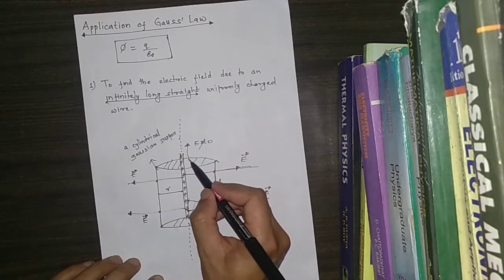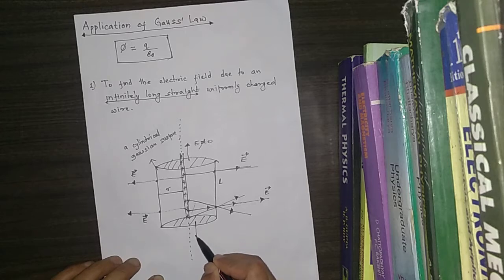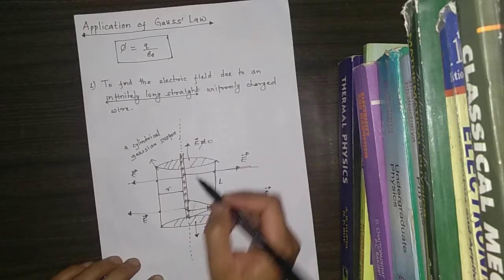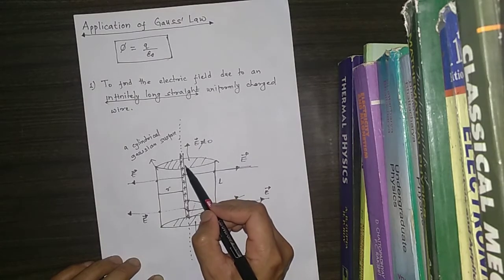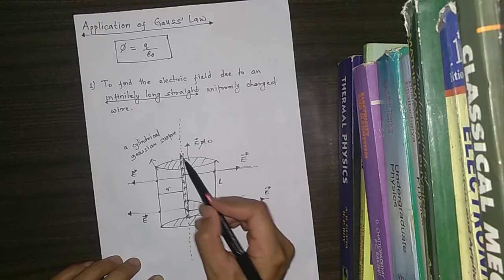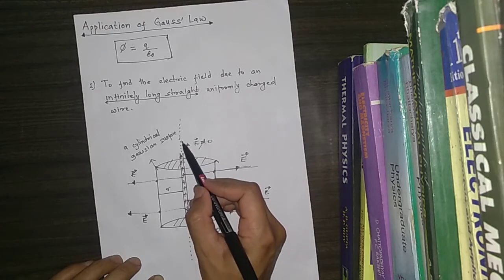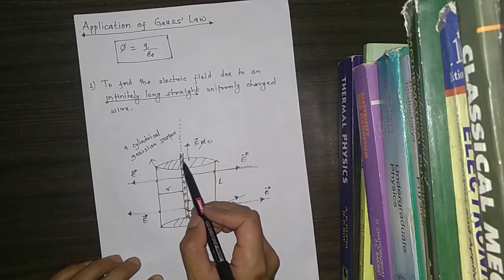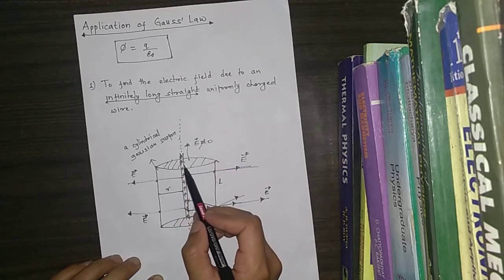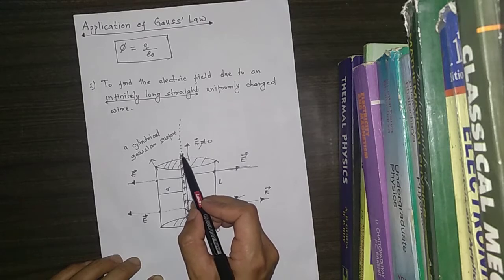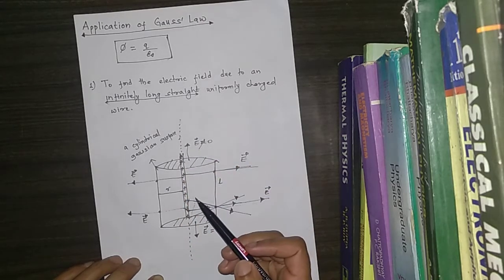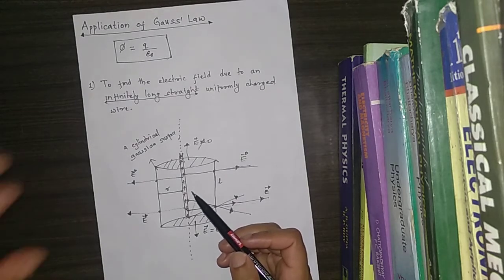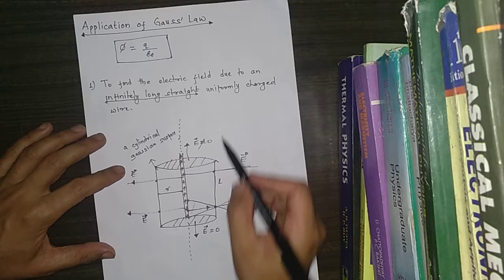Because if there were an electric field along the wire, then the positive charge would move along the wire, because the field would exert a force on the positive charge in that direction. That means the charges would flow along the wire. But that is absurd, not acceptable here, because we are dealing with